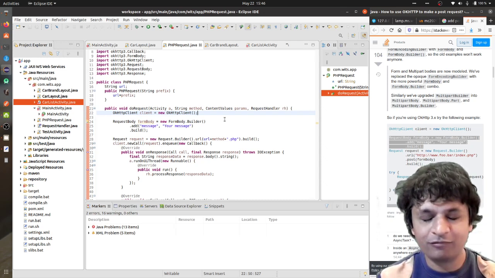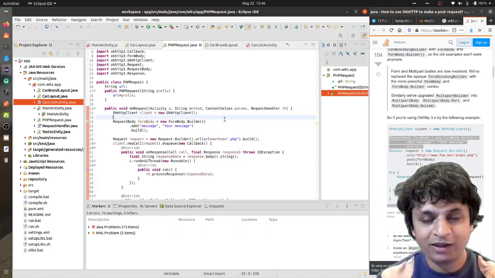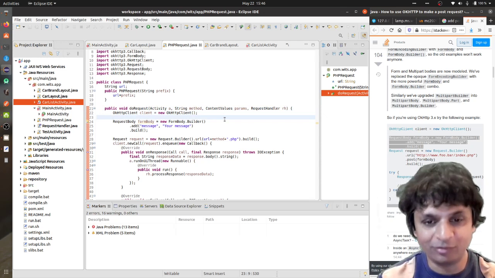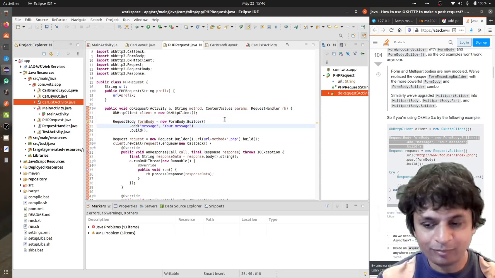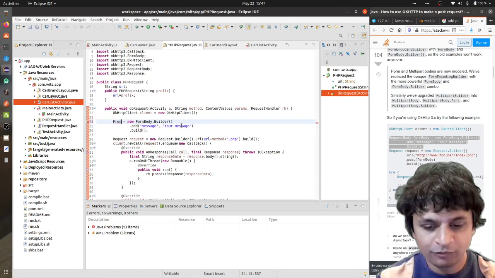Every item in the content values has a key and a value. The key is the variable name and the value is the variable value. So I'm going to replace these adds with adds that come from the params, right? So I'm going to change this from being a request body to being a form